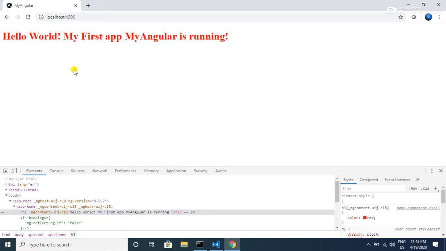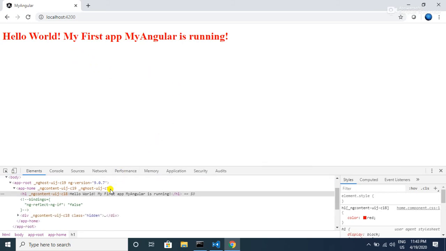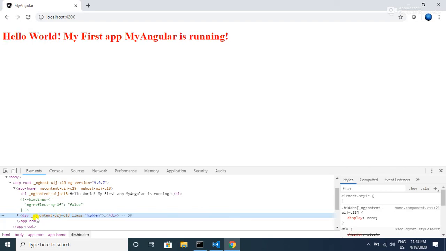Here we do not have the label for class binding also, and if you see inside the DOM, you have this div tag which is for our class label, but we do not have a div tag for the ngIf.